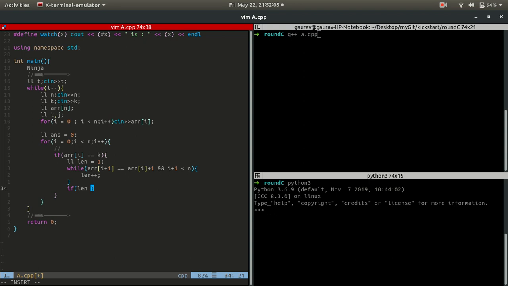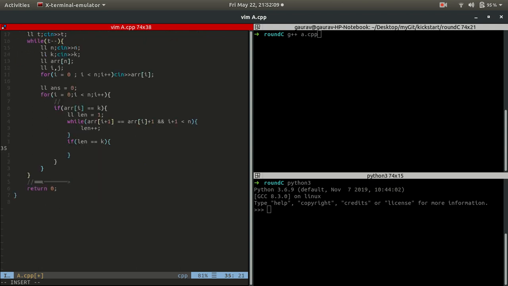Okay, so if length is k, then we know for sure that it has satisfied the conditions. So we just increment our answer and then print the answer.